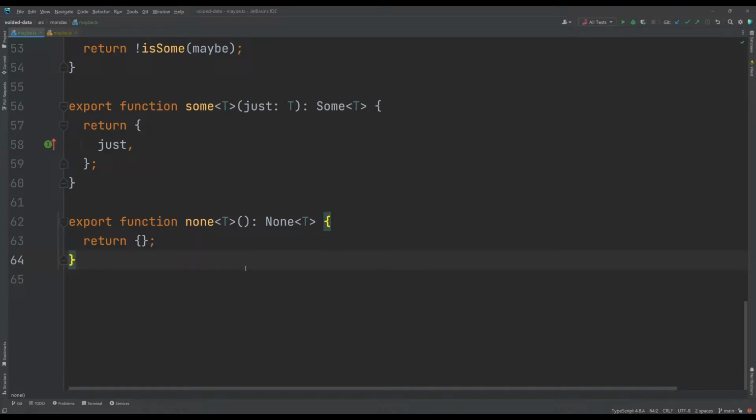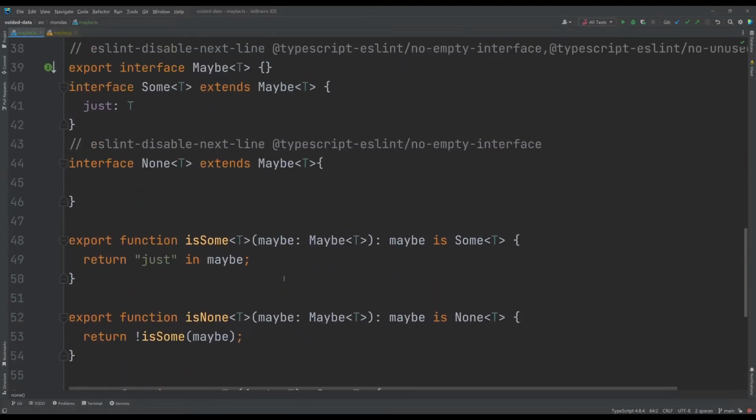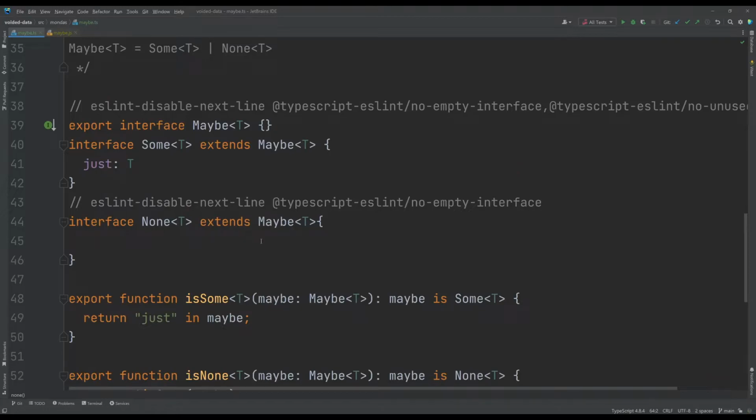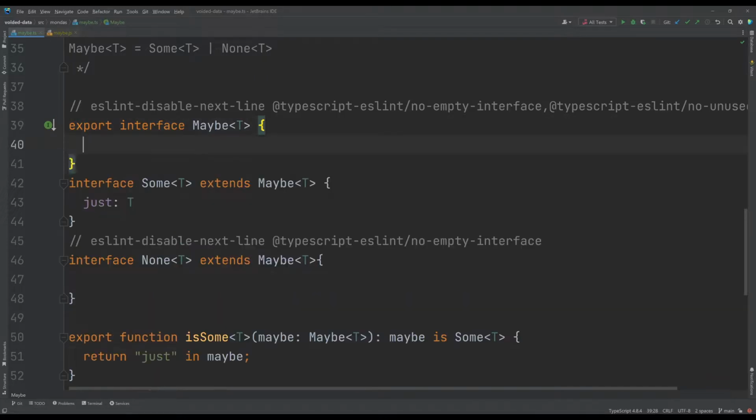And let's think about some more utilities. Those come from the functional programming world. They're very useful. Quite often, we don't want to ask if it's sum, if it's not none. We just want to transform the value a few times, regardless what it is, and then just hand it off to some other function that can deal with it. And such a function is usually called map. So let's add this here. Map is just a function that takes a value of t and returns a value of r.